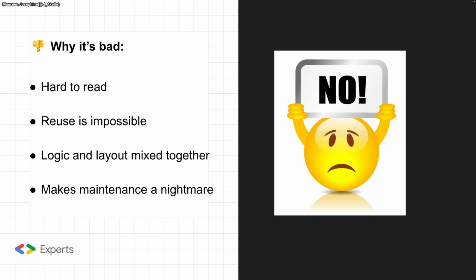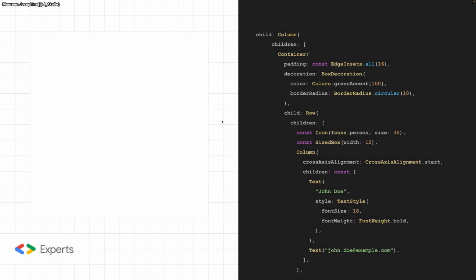And I'm going to show you an example of bad spaghetti code. Like you can see here briefly, this is mostly text. With this widget, the parent is mostly the column, and it has a container, which is okay. But within it, we have a row, which has icons, a size box to separate the widgets, space in between, and then